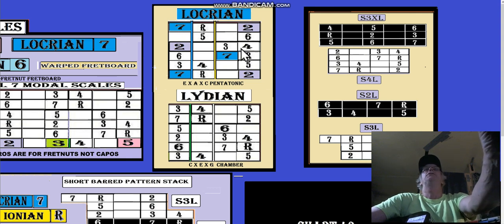Okay, so let's look at 7. We might see a shape to this. There's not much of a shape to this. I wouldn't call it a particular shape except possibly a C shape, because it's a C shape of sorts, moved over a little bit. That's why I call it a C minus shape. It's got that same C shape, but it's moved over a little bit. Now with the A shape, okay,